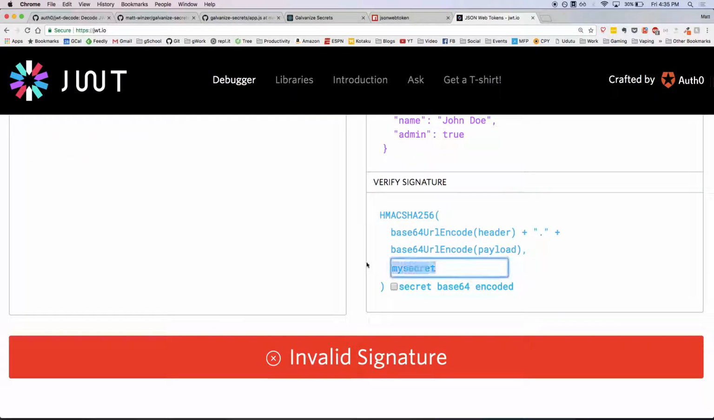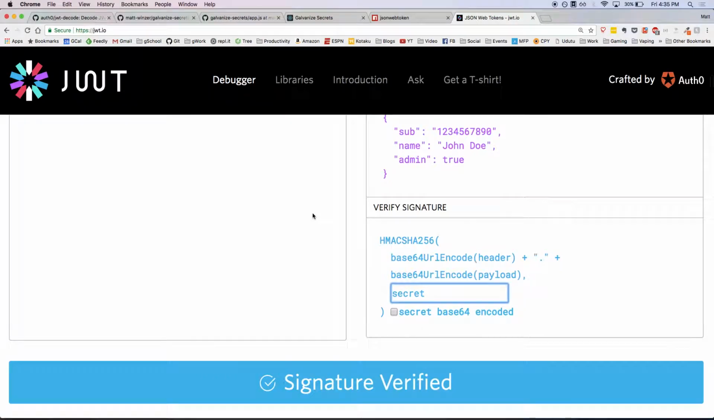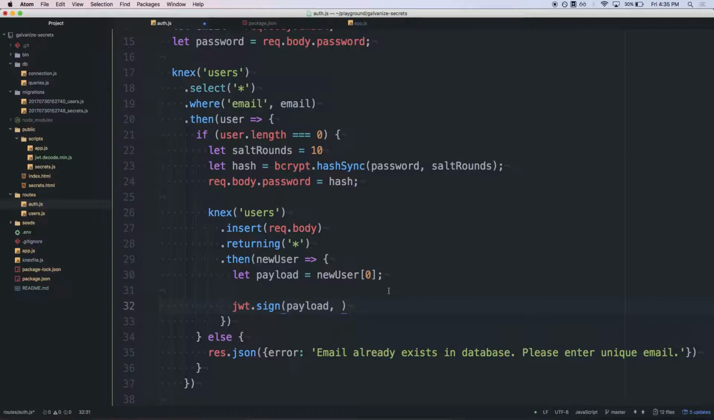So what allows us to verify that this token has been issued by our particular server is the secret here. The default secret that they're using for this example is secret. So that's why I changed it to my secret. We get this invalid signature stuff. So rather than pass a string right here of my secret, which we could do and it would absolutely work, what we actually want to do for the sake of security is we want to store this secret in an